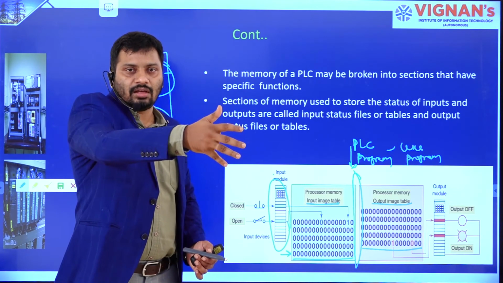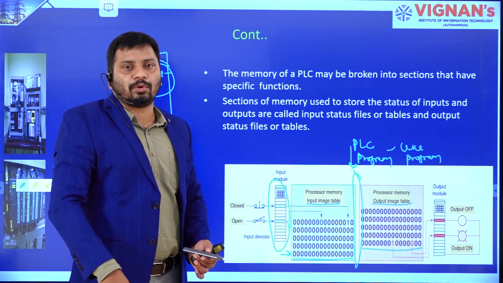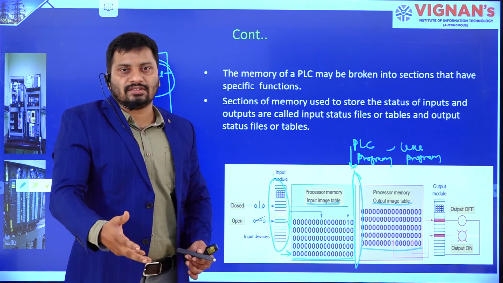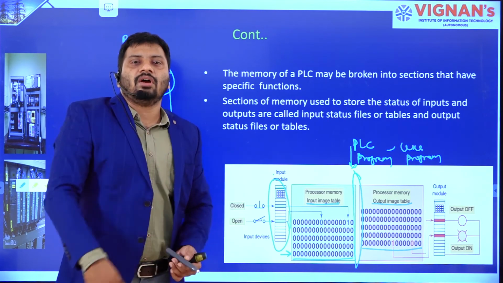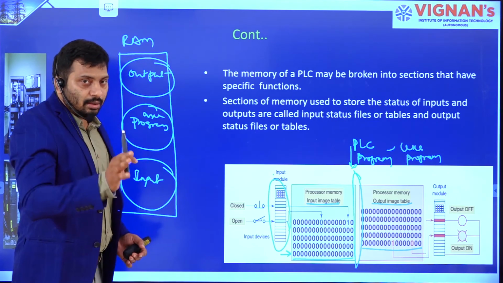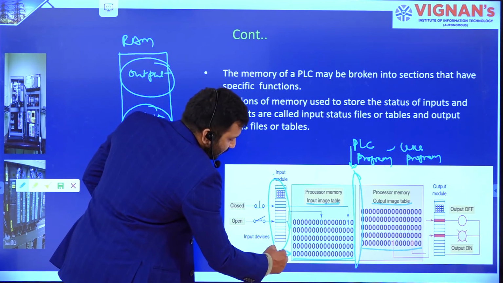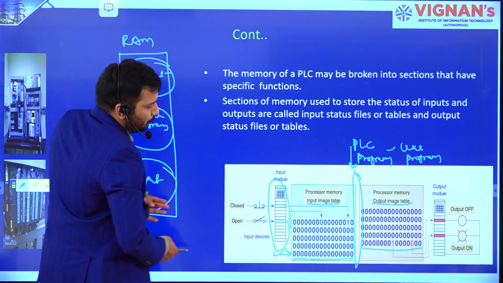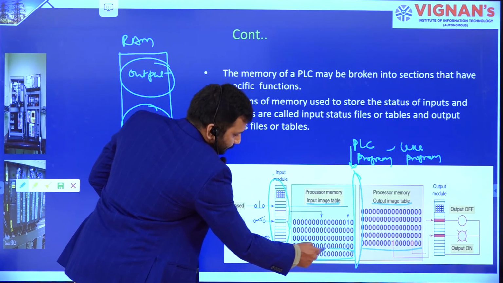If it is a 16-bit terminal output module, then 16 devices are connected to the output module. Those 16 output devices are going to be controlled based on the output data. So whatever I said, let's compare the same thing. For example, according to this image table, if you look at this particular first location, all input devices are in open condition. Why? Because all are zeros here.